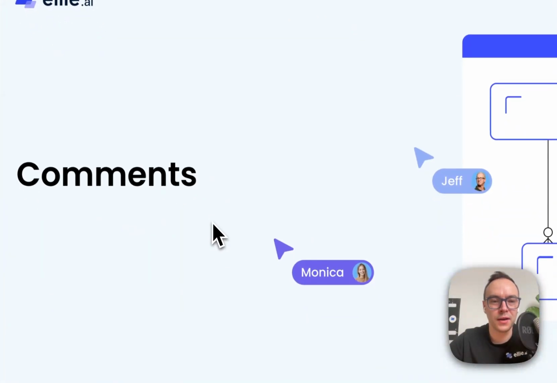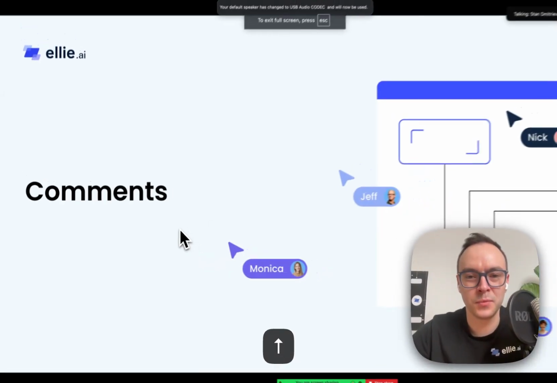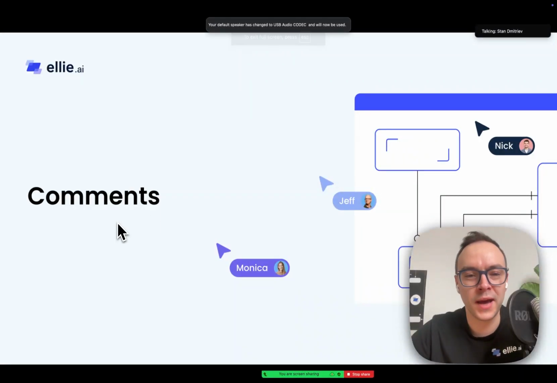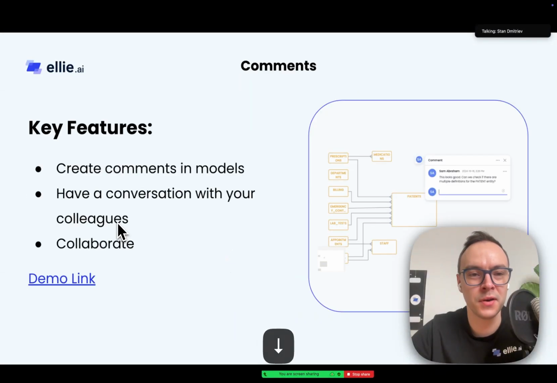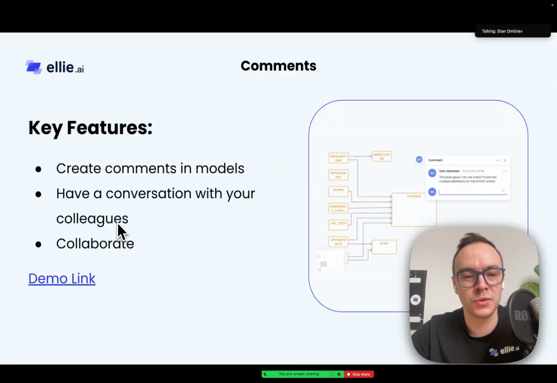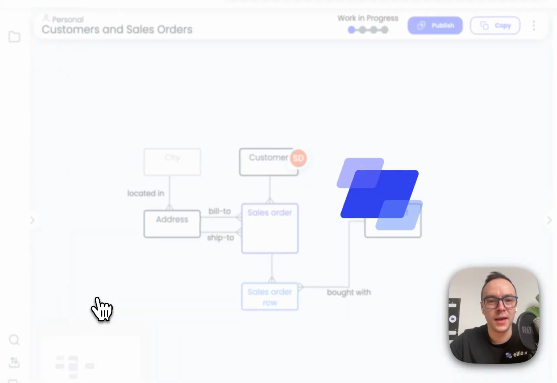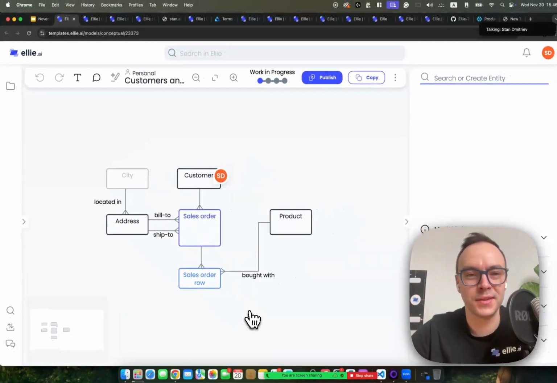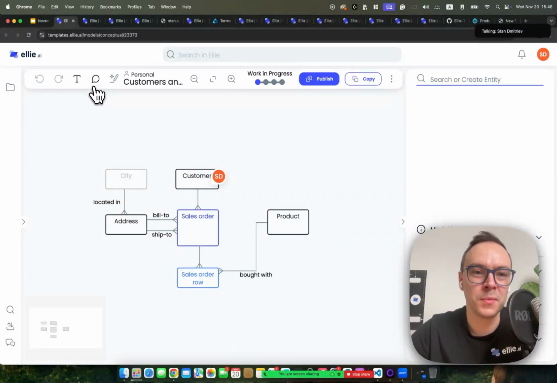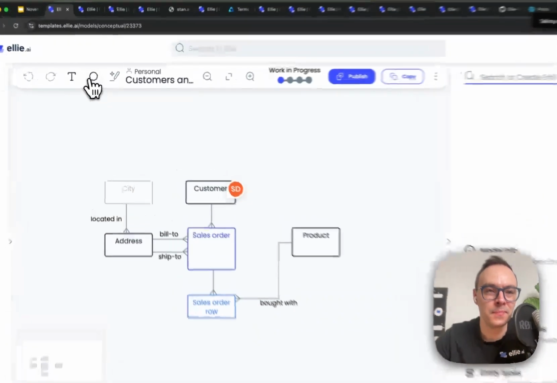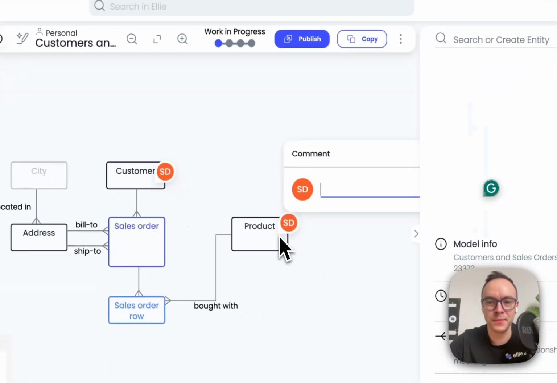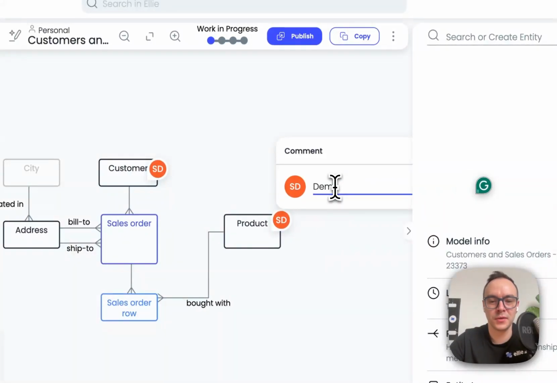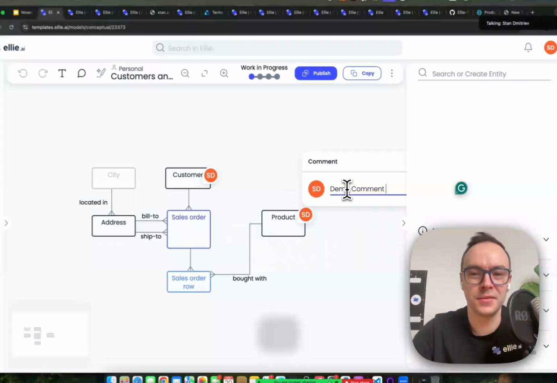There's also another functionality that we've added recently, which is comments. So we added it as a part of our whiteboard release back in the beginning of the summer, but now you can add comments to the rest of your models, adding an extra collaboration layer within Ellie. So there's a comment box on the top bar, and if I move the comment, I'll be able to write a comment, demo comment for the